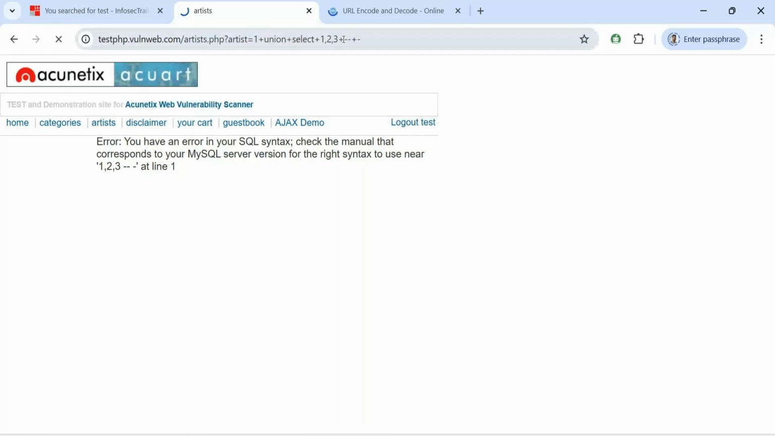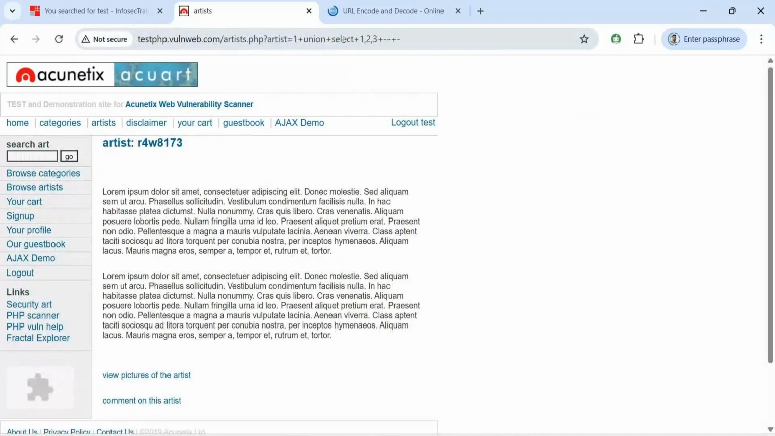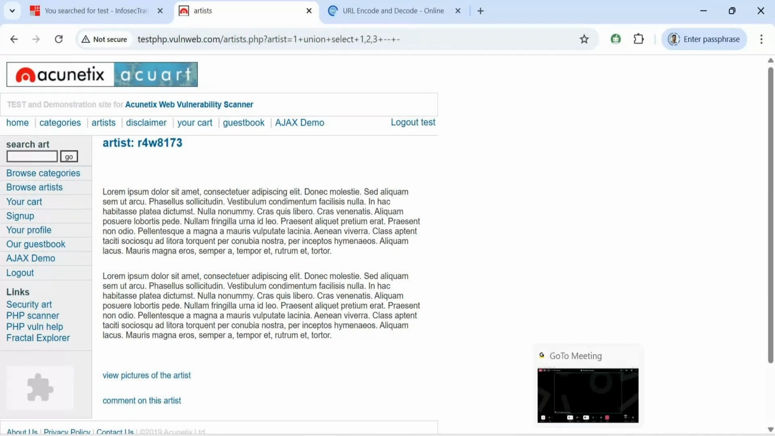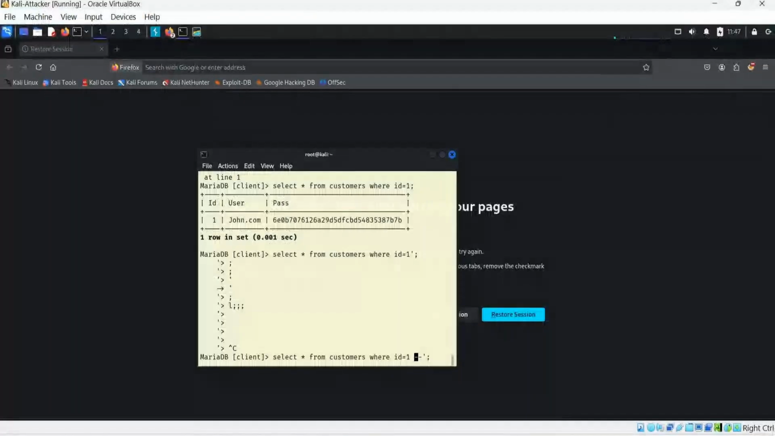Okay. Fine. It's running, right? So what we didn't get, one, two, and three. Whatever we injected, it's not rendered back, right? So what happened? If you see, remember at that time,